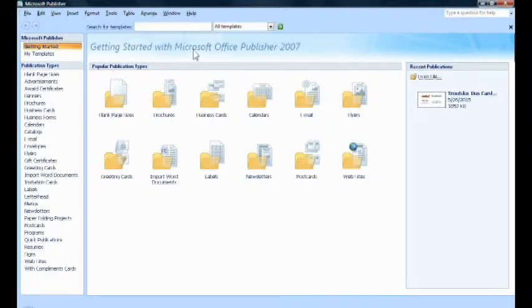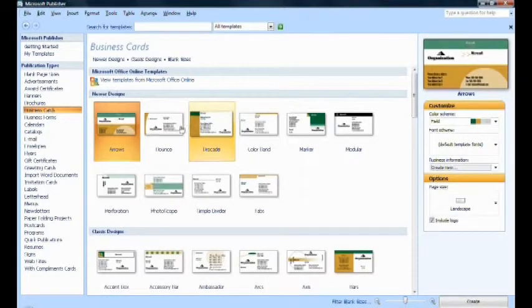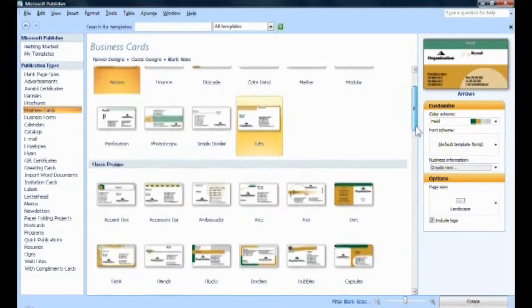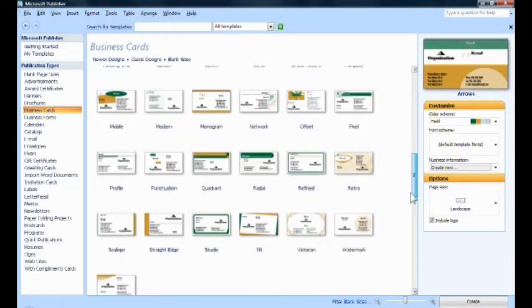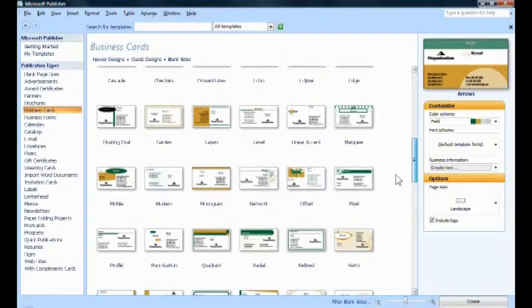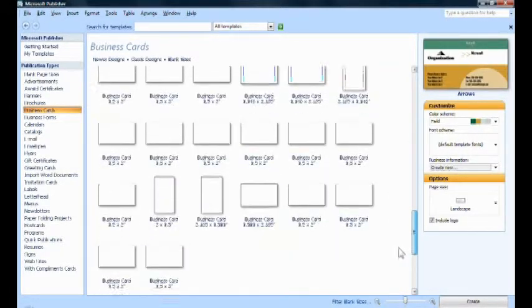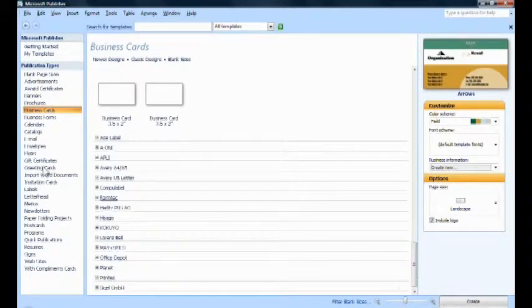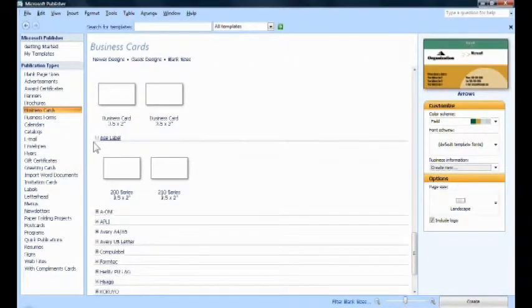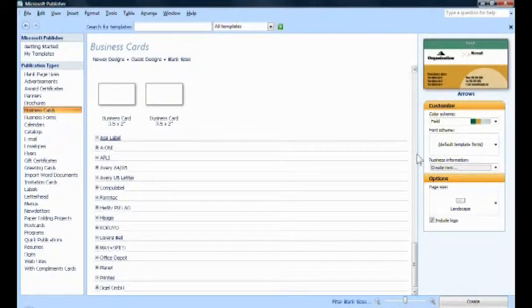Business cards are made with Microsoft Office Publisher 2007. When you open up the program, you get all of these various file folders. You go to the business card, and you have a choice of all of the business cards you could imagine or want to design. They're blank, they're already formatted, and a great number of others that you can just simply press on and copy into the